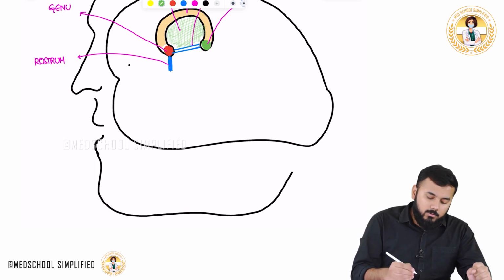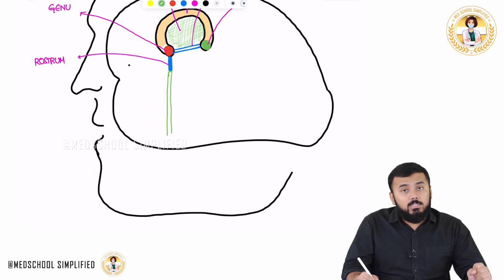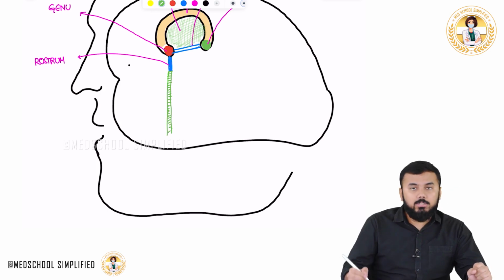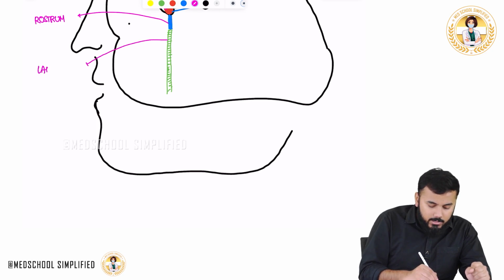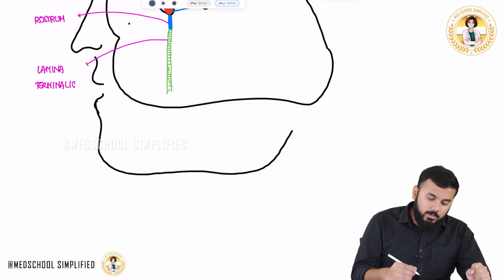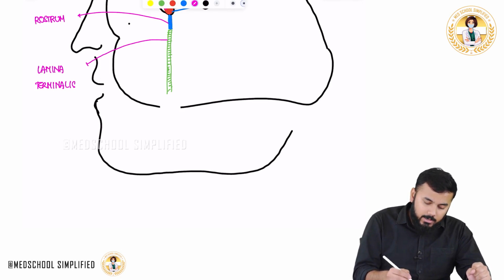Now down to the rostrum of the corpus callosum, you have got another important structure like this. This particular structure is called as lamina terminalis. Okay. You see this particular structure? This is called as what? This is called as lamina terminalis. So this particular one over here is called as lamina terminalis. Okay. Next important thing over here is that down to your lamina terminalis,